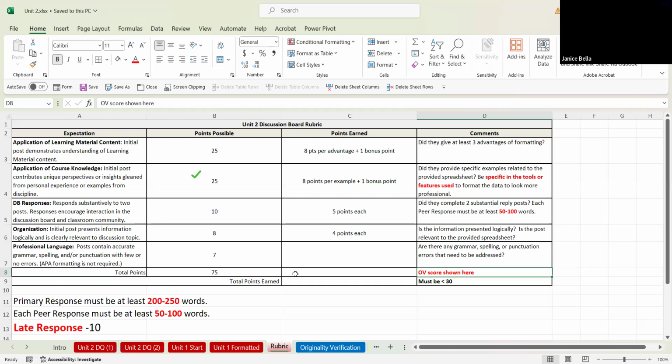So things are changing from Unit 1 to Unit 2. Going forth through the other discussion forums, we will be following this approach. We gave you a little bit of a break in Unit 1, and now the break's over, and now you have to excel. If you ever have any problems or any questions, please reach out to me. You should see my phone number in more than one